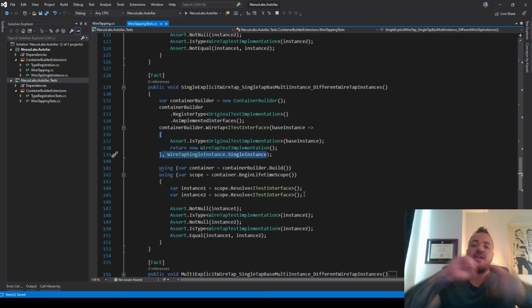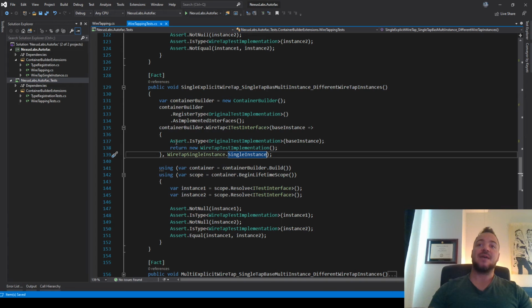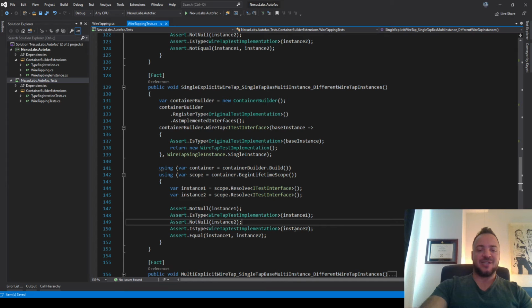This one is kind of inverse to the one that was throwing an exception. So the base one is multi-instance, right? Because what I've highlighted does not have single instance anywhere. But we're saying explicitly that when we wiretap, we now want to have a single instance coming back. So the fact that this one works and I couldn't make it work the other way kind of bothers me. So I do want to go back. I keep saying it, but I want to go back and fix that other functionality to make it so.